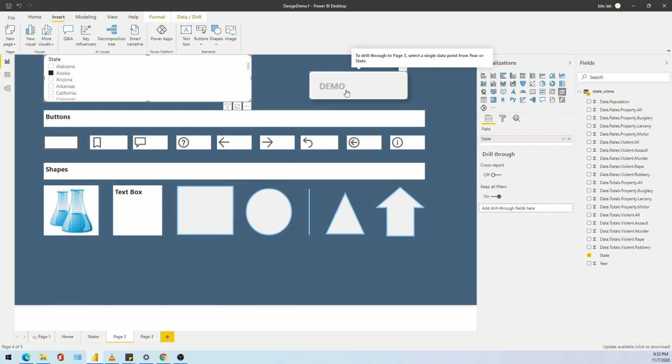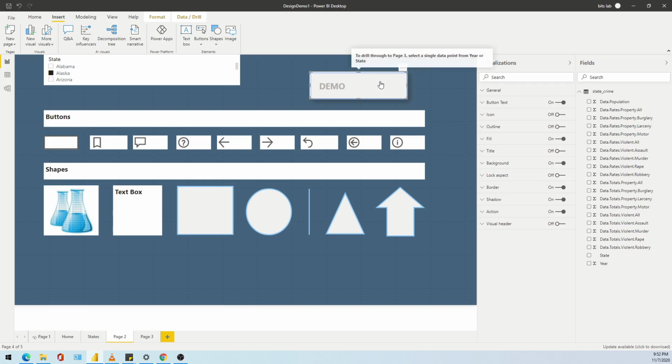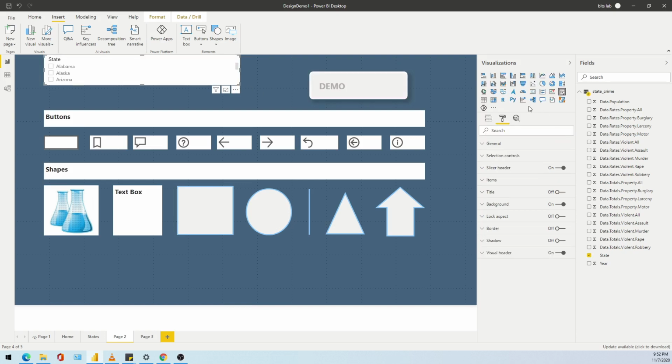Okay, and click. Okay, it is not working, guys. Fine. We'll check these things. To drill through to page 3, select a single data point from year or state. So I have a single data point, right? Or we can add some table here